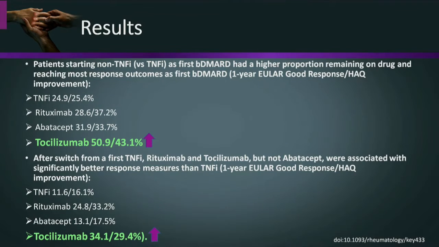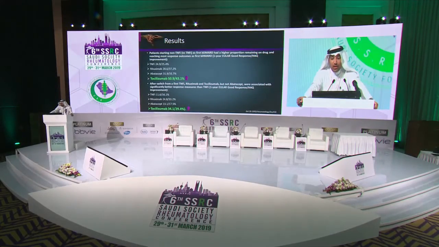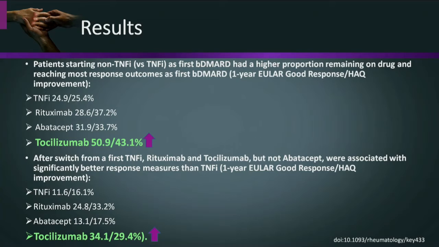In patients receiving anti-TNF, it's almost a quarter of them, they achieve the endpoint result. For rituximab, 28% they achieved 1 year good response, and 37% they achieved the HAQ improvement. For abatacept, it's almost 1/3 of patients. For tocilizumab, 50% of patients, half of them, they achieved 1 year good response, and 43% they achieved the HAQ improvement. So in this real life data, they showed that tocilizumab is the highest agent for achievement of the endpoint result of the study as compared with